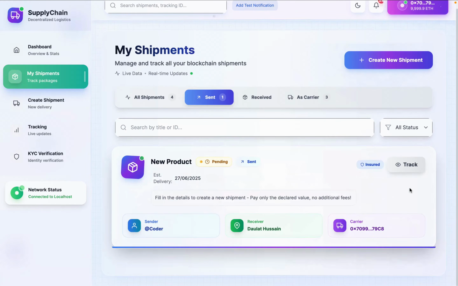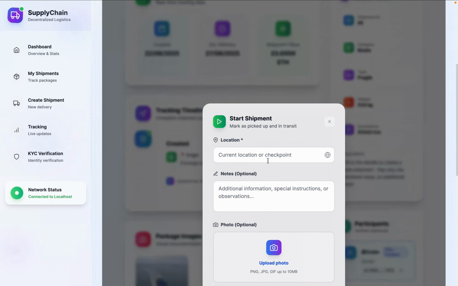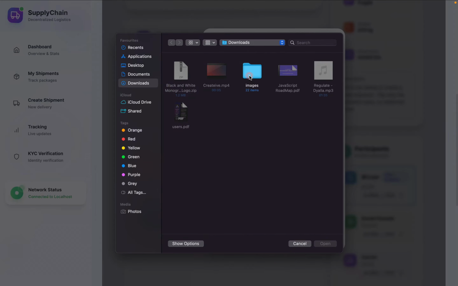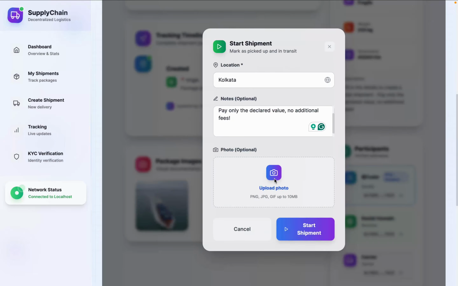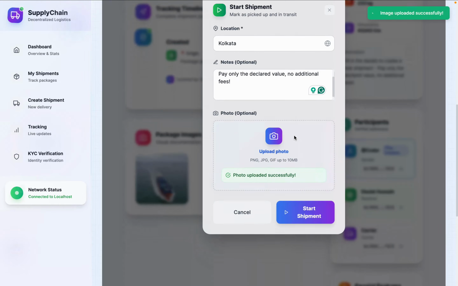Now if I want to initialize this one, because I'm also the delivery partner, the same address I'm using, which I'm connected with, I simply click here and track, and I am able to start the shipment. So let's click here, and let's call this Kolkata. I can give the description, and I can simply give the image of the product. So I'll say this one, and just a moment, it's uploading. Finally we got it. Click on start shipment, click here, and you will find the transaction is happening,